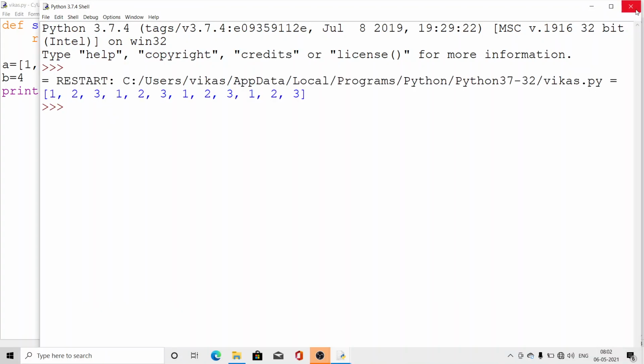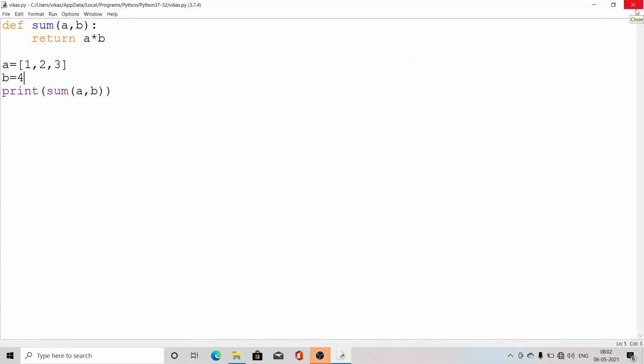Look here, that's why I told you, whenever we are defining functions, we have to have a clear idea before writing the function of what work we have to do, and then according to that we define the variable, because in Python it is not required to define the type of the variable. So during runtime you will get the logical error. Logical error means you have defined it to work like a list and you have passed an integer variable. So my dear students, before defining the functions you should know on what we have to work.